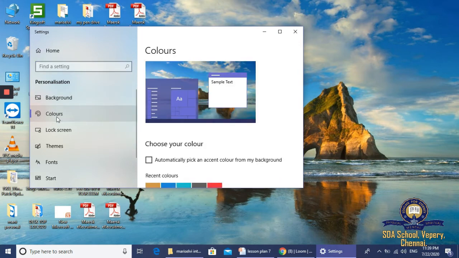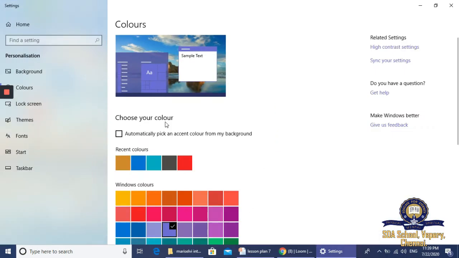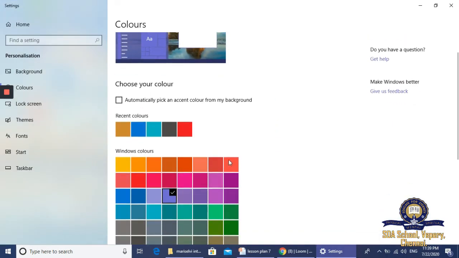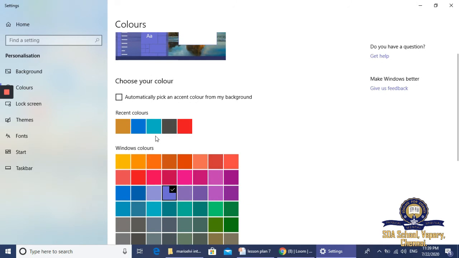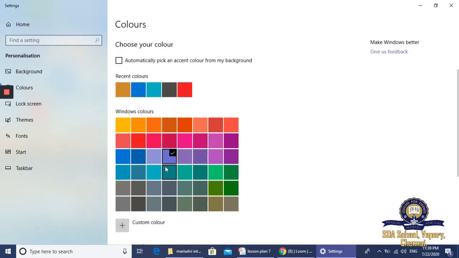Okay, then you have to select colors. Yes, these are the colors available in this window. Then I will choose blue color, then green color, pink.